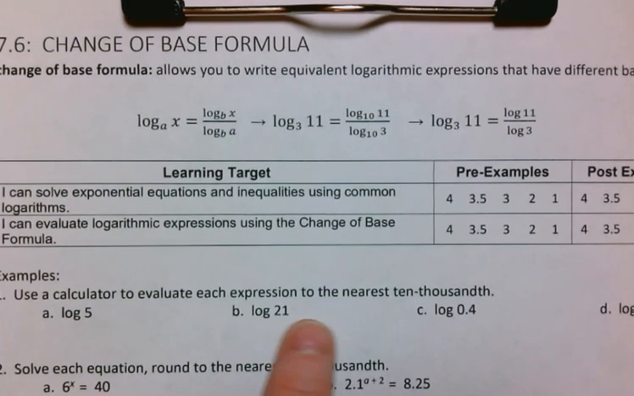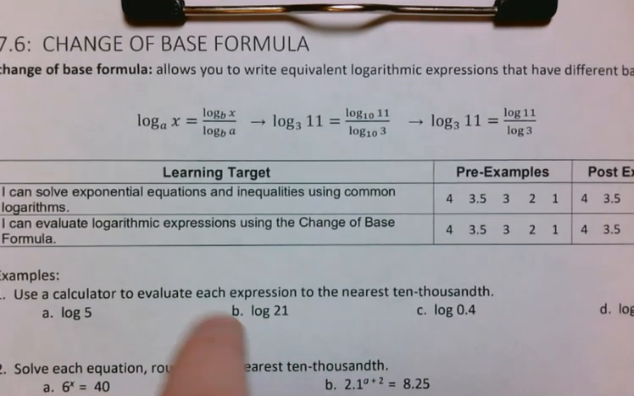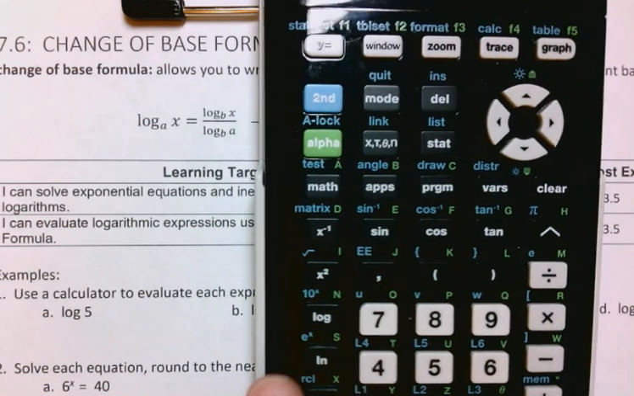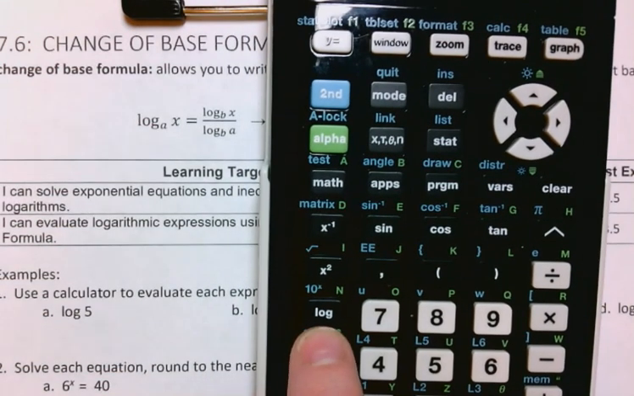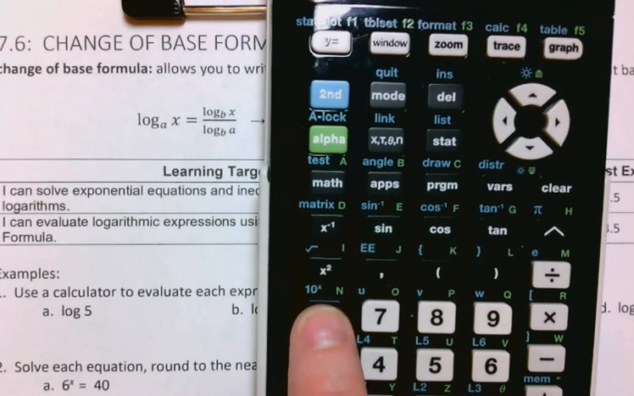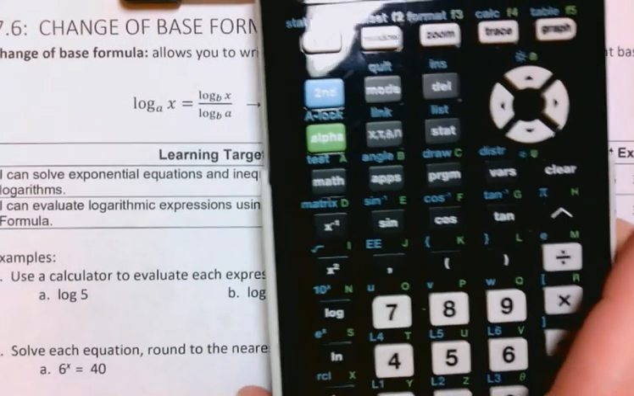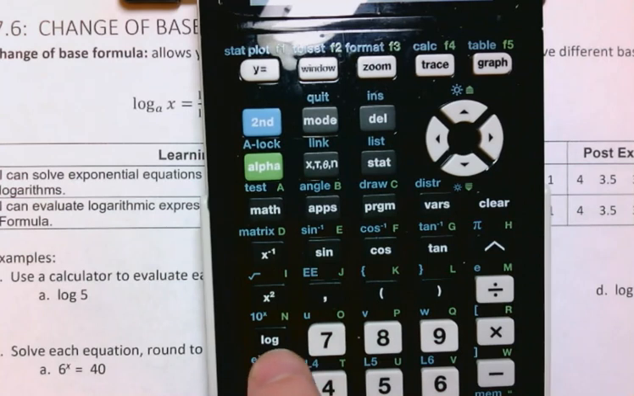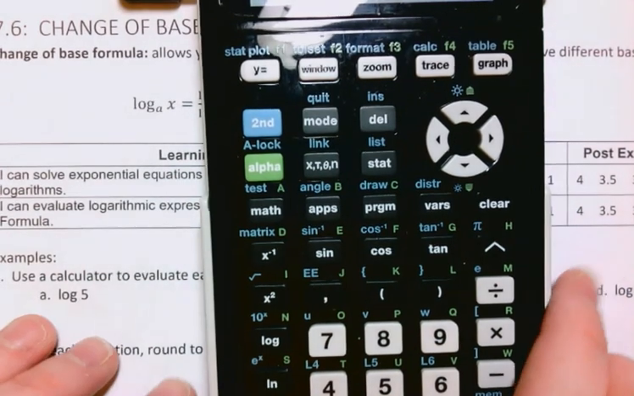Use a calculator to evaluate each expression. The log button on your calculator says the word log right here. Depending on which mode you're in, it can do certain things, but we are just going to use the log button. I'm not going to do anything else, and I would like you to do it the way I'm going to show you. So, hitting that log button,